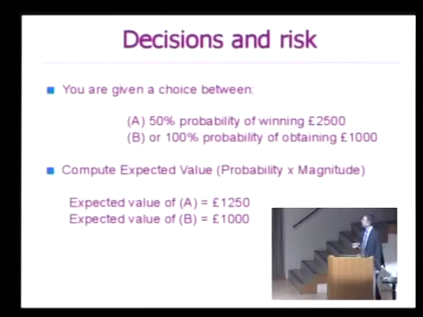Well, obviously, one reason why you might not want to choose A is that you know that there's a chance that you could walk away with nothing. And let's say if you were somebody who had no money and you wanted to buy dinner that night, well, then there could be a chance that you have no money at all, and therefore you'll starve. Whereas you know that with £1,000, you're sure to be able to buy, I think, a pretty good meal for £1,000, I should imagine.